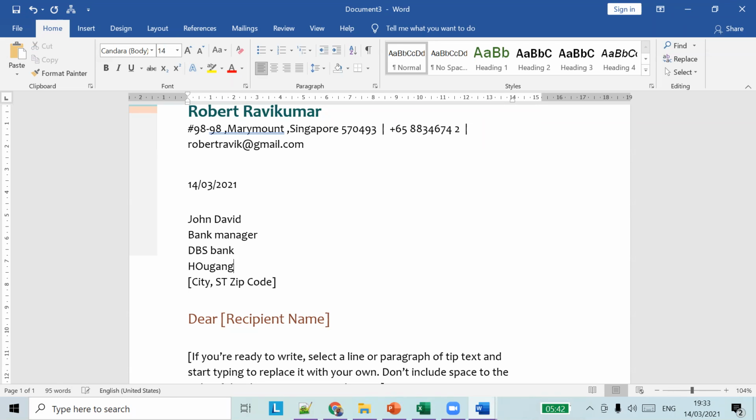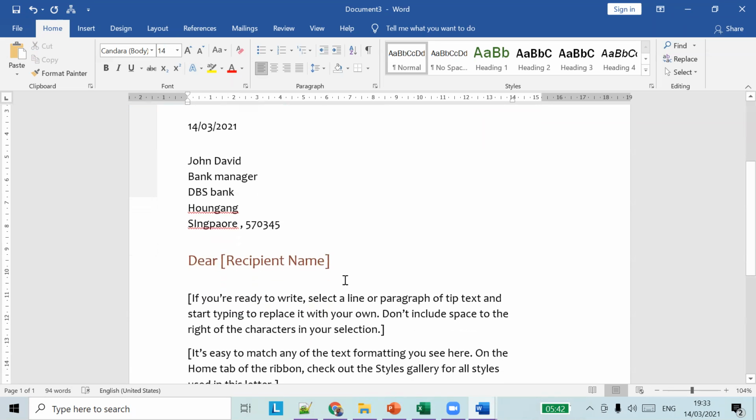Maybe the bank is in Hougang branch, and city Singapore. Pin code is 570453. Okay, so now, dear John David.